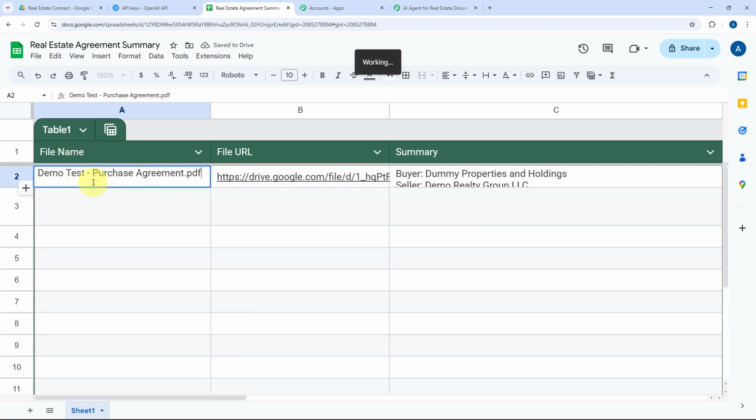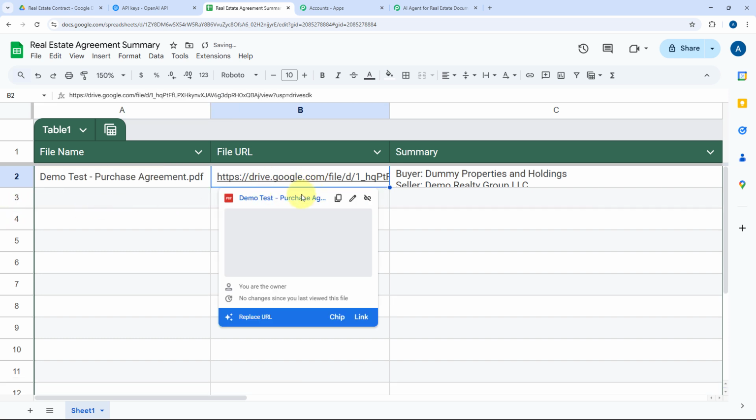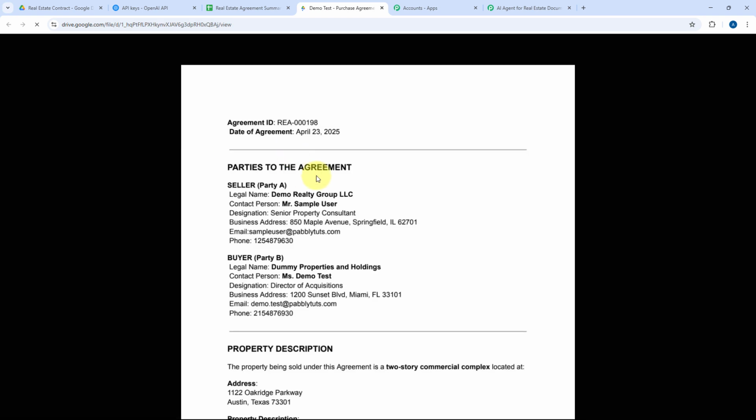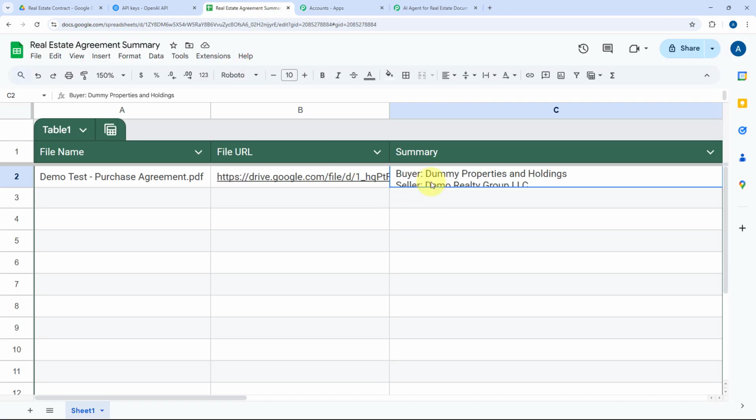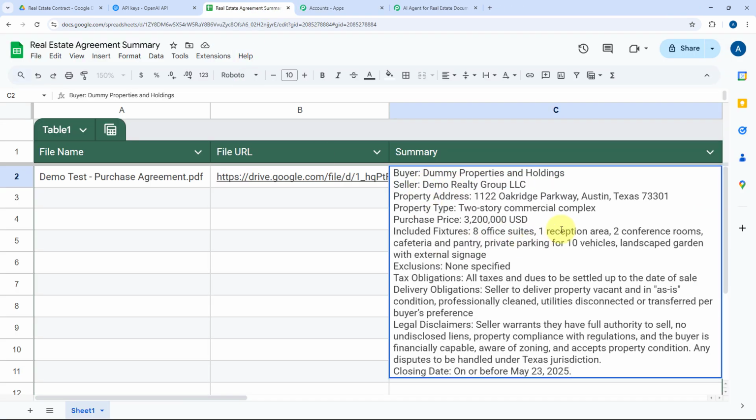Here you can see that we have added the same file name of the file which was uploaded in our Google Drive folder. Then here you can see we have the link of the same file, and if I click on this link, the same document will open in front of us from our Google Drive over here. And at last, we have the summary of the same document of the same real estate agreement done by OpenAI